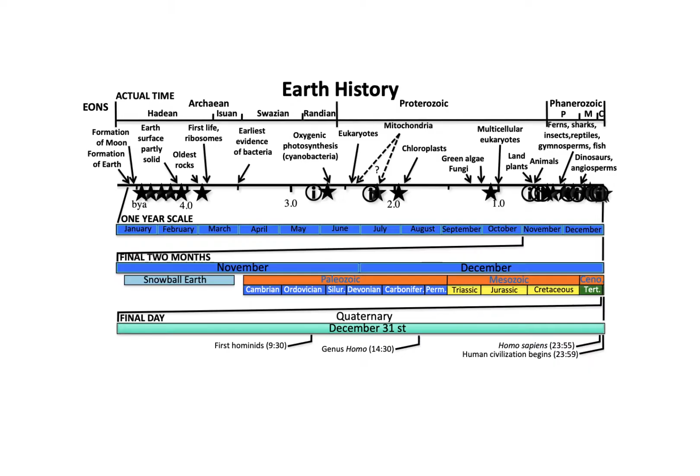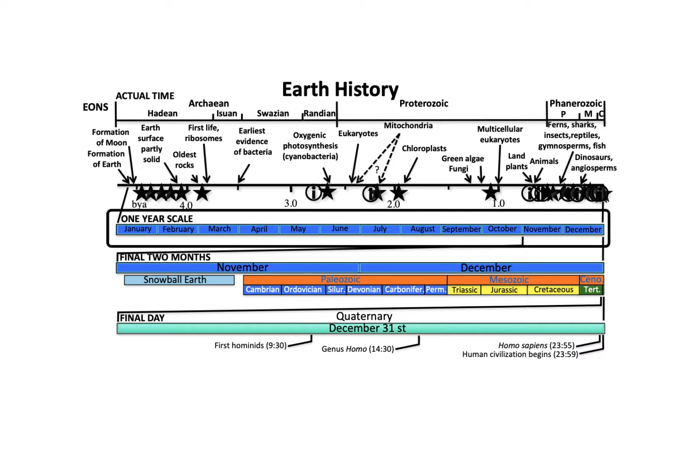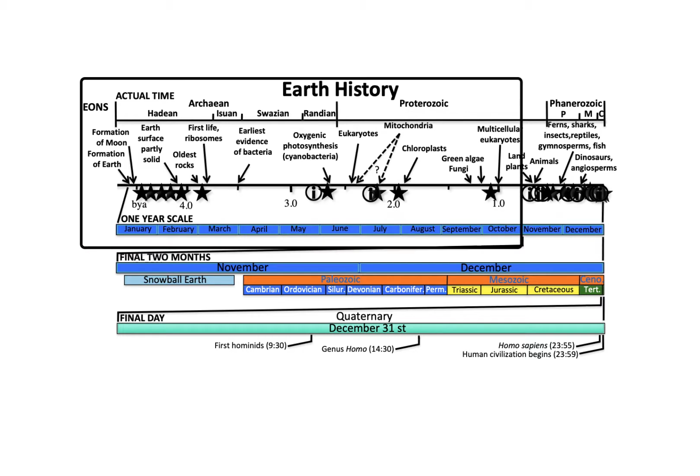The last thing I want to do in this video is to relate the whole history of the Earth as it would be on a 1-year time scale. And so here you have January, February, March, April, May. So going out, and we would be at the end of December here today, or in the last few seconds, actually. So this entire first part here,